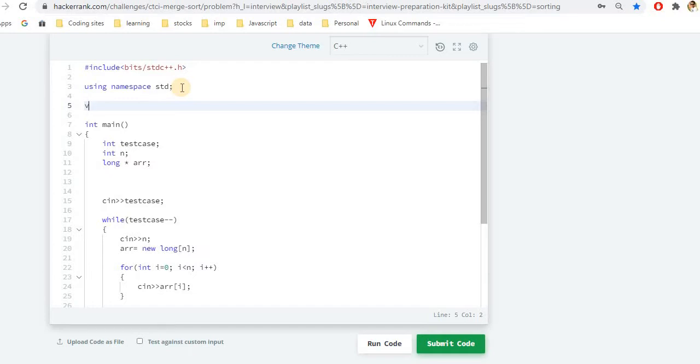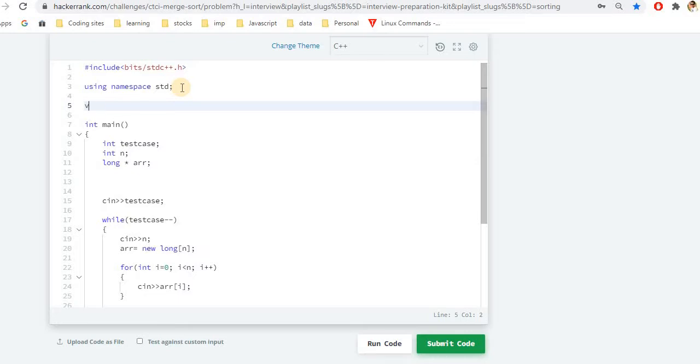First, we will apply merge sort on the left half, second, we will apply merge sort on the right half, and third is merging the two predecessors. So we have to keep three things in mind while writing the function, and in the merge function we would be counting inversions.